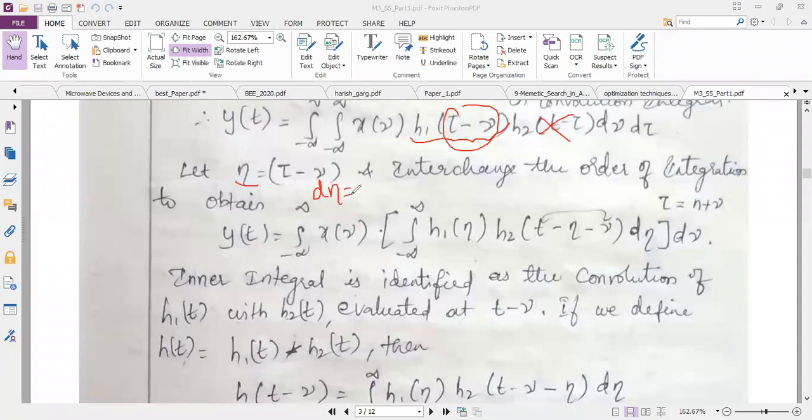So when I do the differentiation of eta, then I will get d. This differentiation, let me do it later. First, let me do the substitution. After substitution only you will come to know.